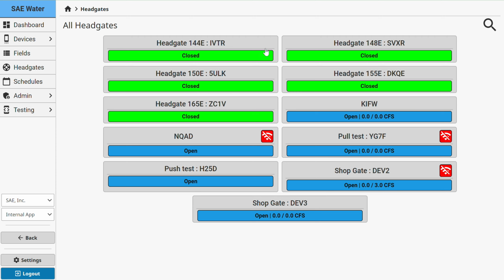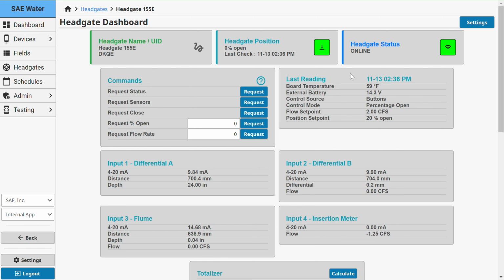If we click on one of these headgates, let's look at headgate number 155. If we click on it, you can see some more information. Here, there's some information regarding the status of the hardware. You can see the status of the different sensors, these ones being radar sensors. You can see the level of the canal or the flow measurement, whatever you're looking at. You can also look at any other devices that are set up on the system. In this headgate, for example, we have a partial flume behind it as calibration and a